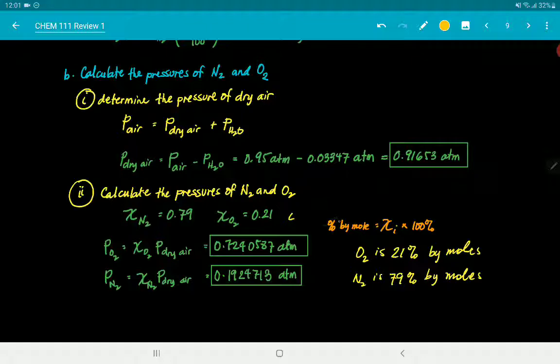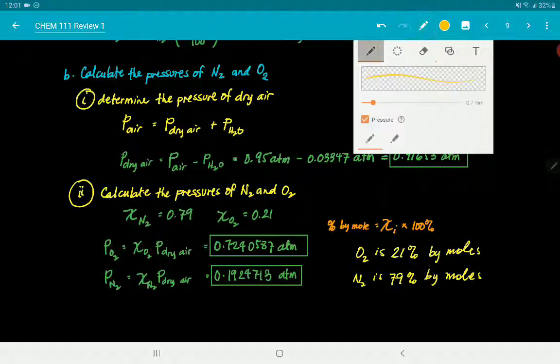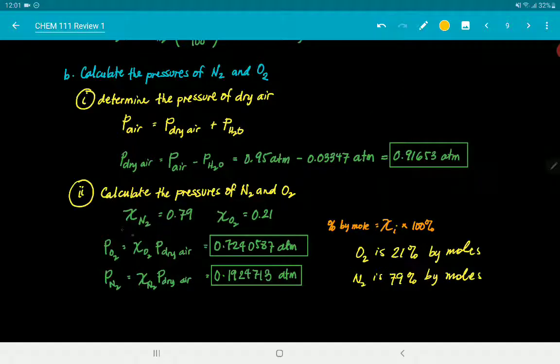Again, percent by mole or mole percent is equal to the mole fraction of the component times 100%. Okay? So, therefore, the mole fraction of N2 is 79% over 100. That's 0.79. The mole fraction of O2 is 21%. So, 21% over 100 is 0.21. Therefore, the pressure of O2 is equal to the mole fraction of O2 times the pressure of dry air. So, that's